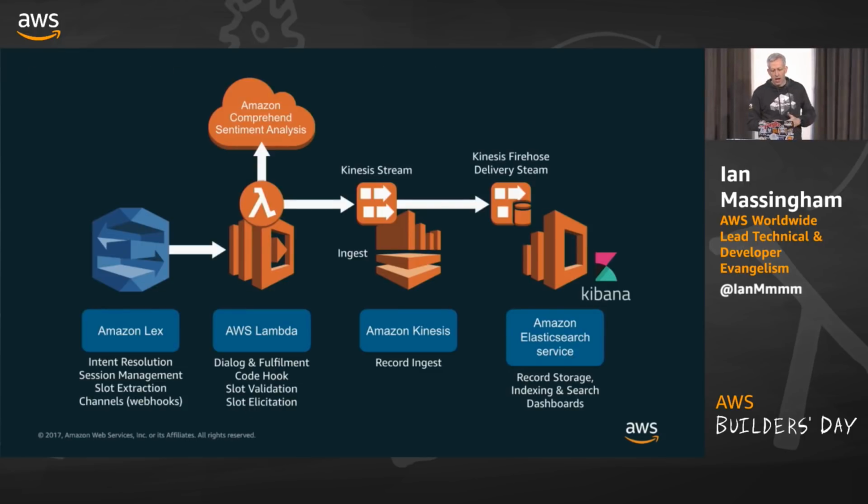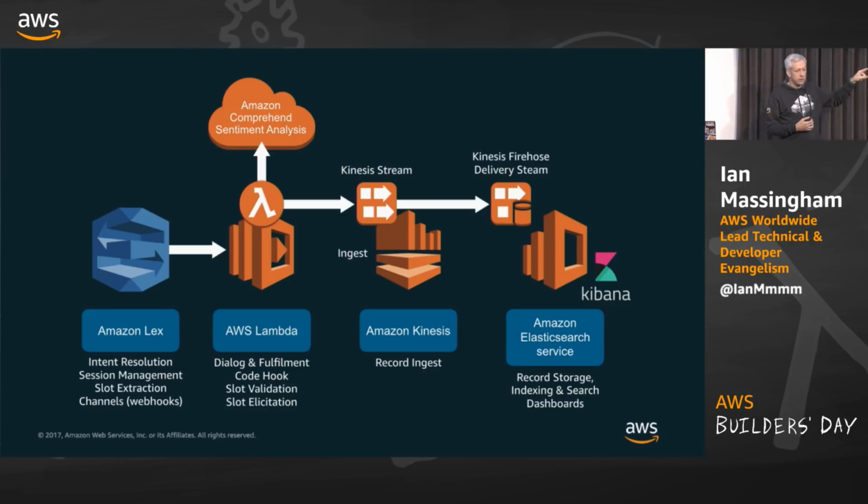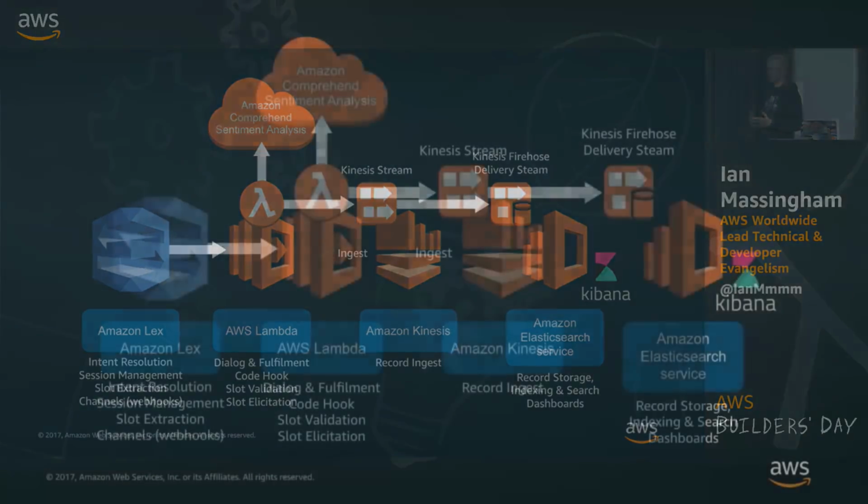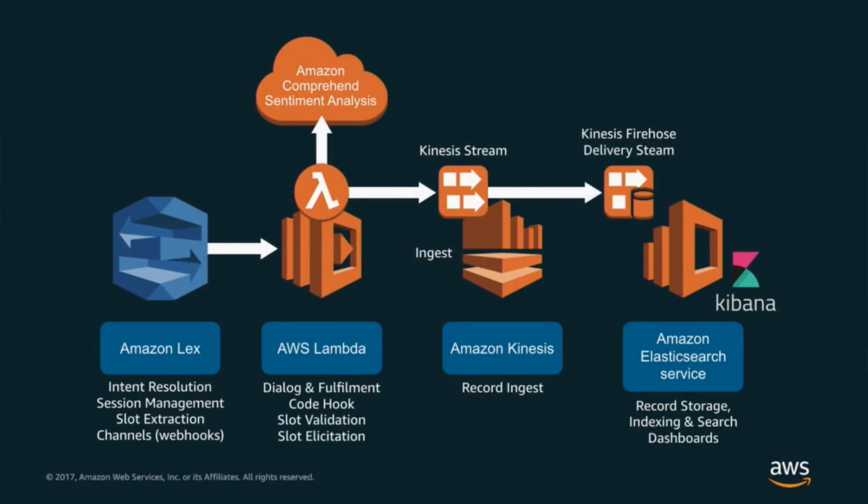And then at the back end, once we've got the sentiment analysis done, drop that into a Kinesis stream. We then use another service called Kinesis Firehose to reliably deliver those JSON objects into an Elasticsearch cluster, and from there we have a simple visualization dashboard with Kibana at the back end. Okay, that's it. The whole thing is managed in CodeStar, which is our CI/CD pipeline, using SAM and CloudFormation.